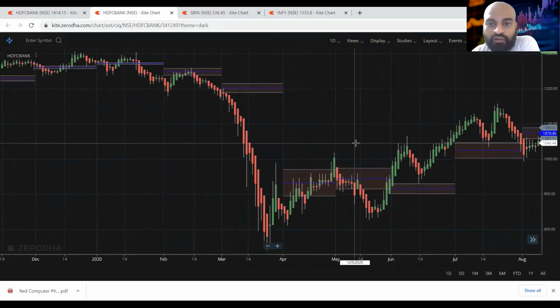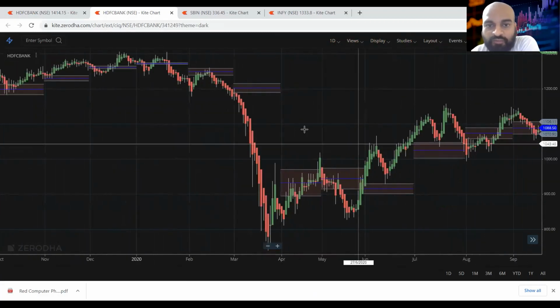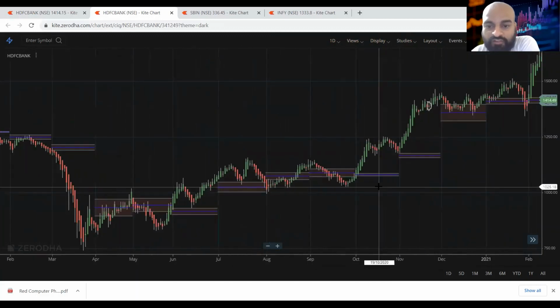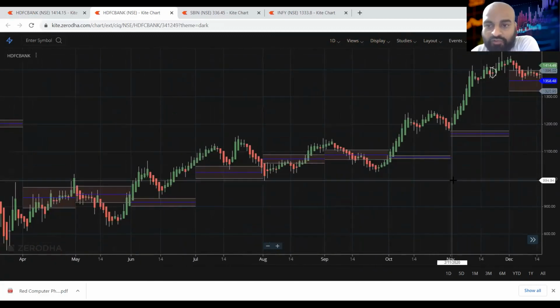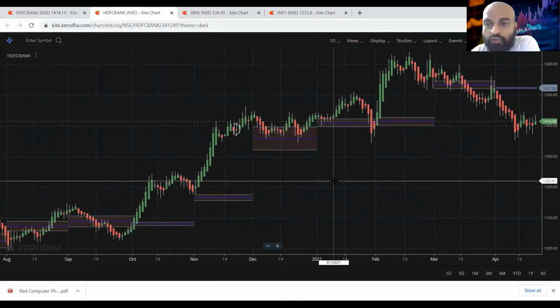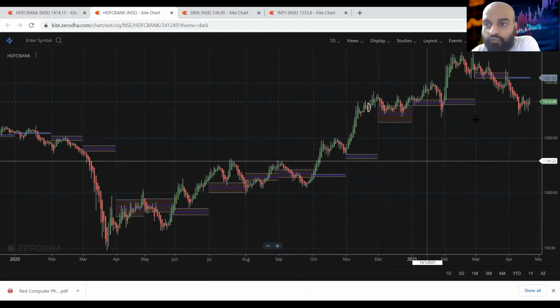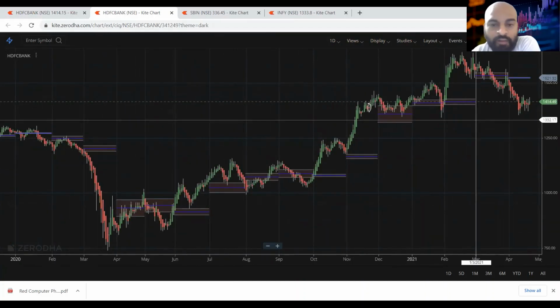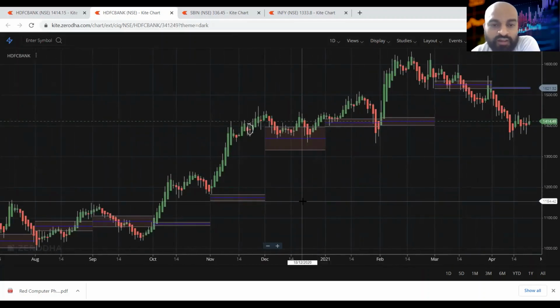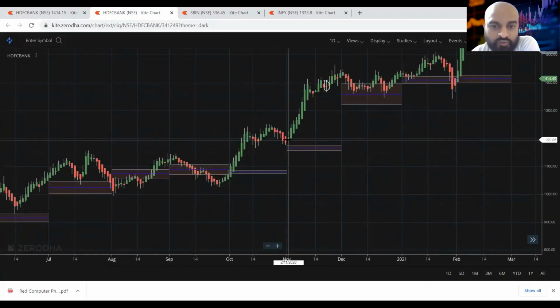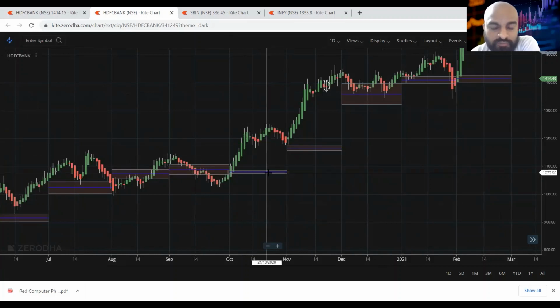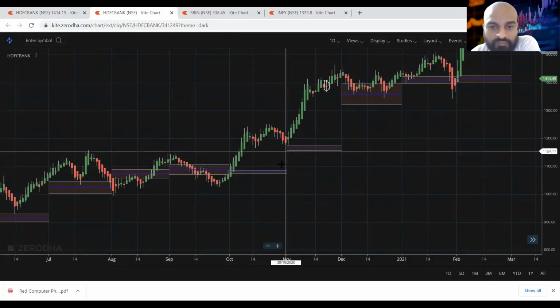So go here, and these 3 lines will appear. This is the central pivot range of that particular day. If you want to know the first condition we discussed, the previous day CPR should be above the current day CPR. So if somebody is entering this way, see, the previous day CPR is below the current day.